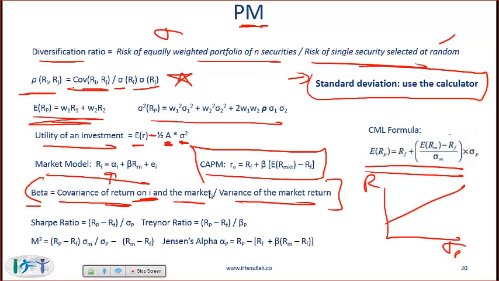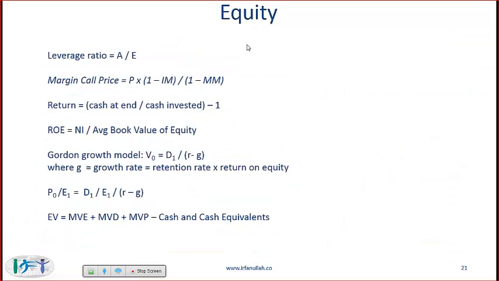it's easier to remember. And then these are some important measures, the Sharpe ratio, Treynor, M squared, and Jensen's alpha. So I would put these as type 2. You must know them. Equity. Leverage ratio is asset over equity. So know that. The margin call price, if you buy on margin and the price starts going down, when will